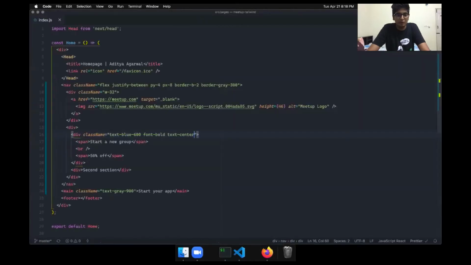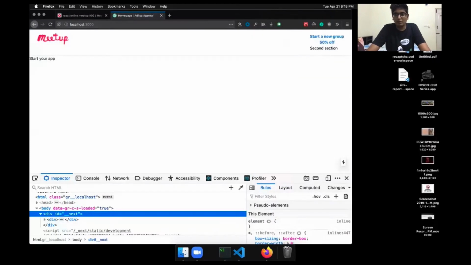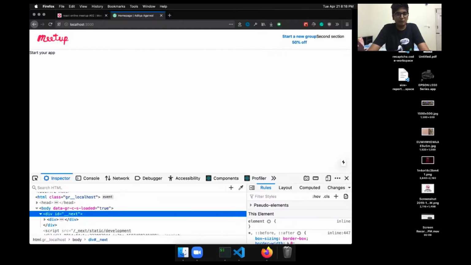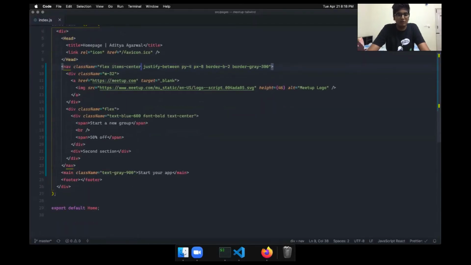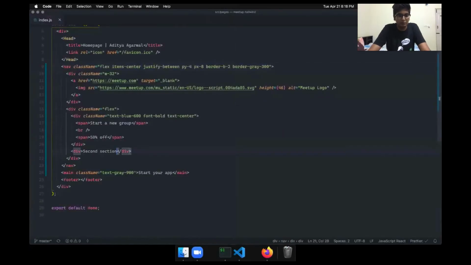Yeah, it is working. So now in this div, the parent of the second section and the first section, we can say it is also flex. Nice. And now for the entire thing, we want them to be vertically aligned. So we can say items center. Cool. And now that we have done that, in the second section we want to write all these ULs.